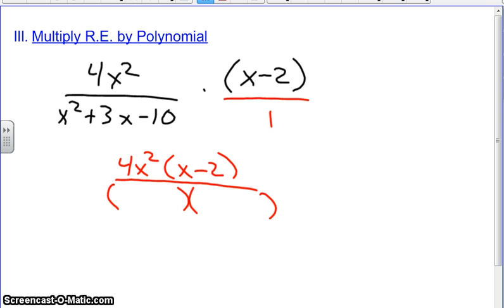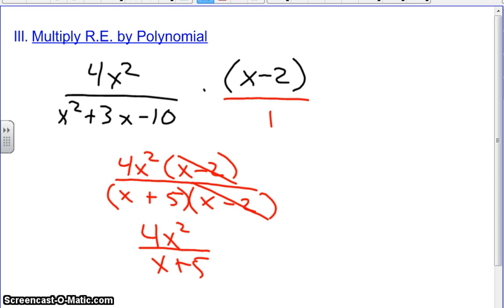Vivian, can you do it? Negative 3, positive 5. Positive 5 and negative 2. Good job. And so what do we see? We see a common binomial factor. So our answer, we don't even need those parentheses. We could write 4x squared over x plus 5, as long as you remember